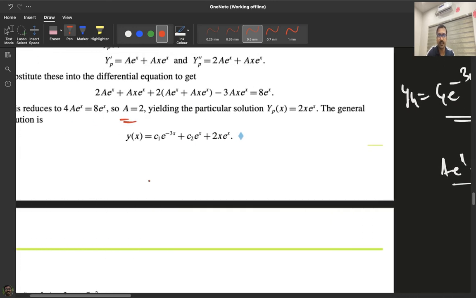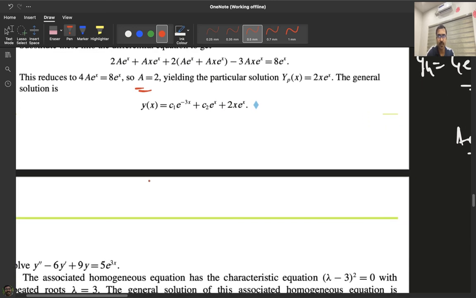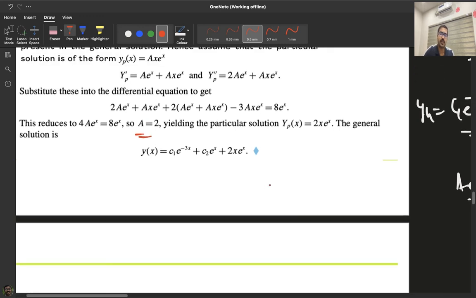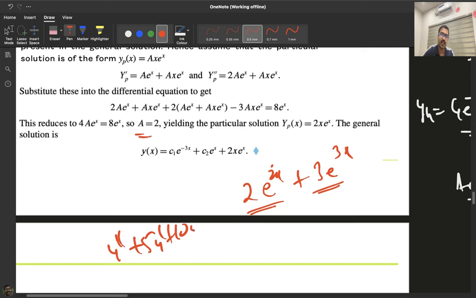Okay, so moving forward, one more rule is that suppose your RHS contains two terms. Suppose your RHS contains something like 2 e raised to 2x plus 3 e raised to 3x. In that case you will apply the sum rule. So you will write the solution corresponding to this term and also this term. That means suppose your equation is like y double dash plus 5y dash plus 10y is equal to this.